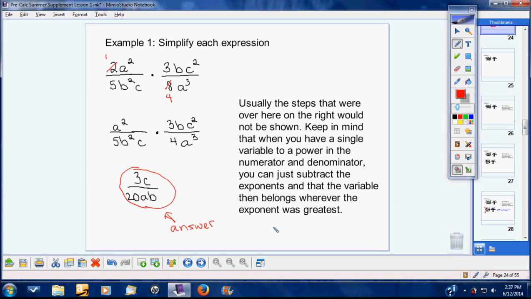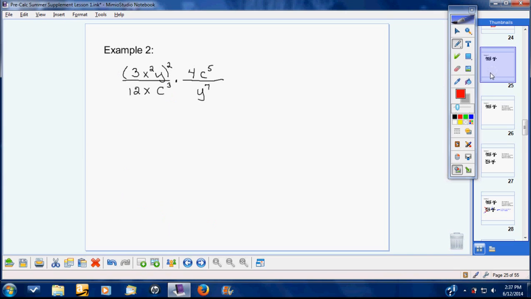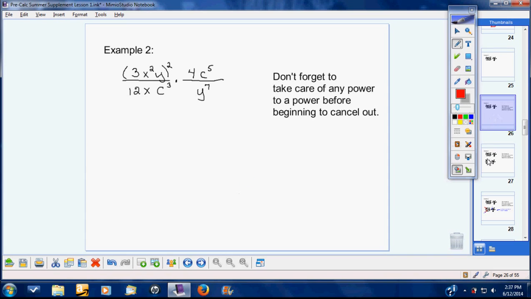And I will say that probably about 15 or 20 more times. Factors can be canceled, and we need to keep in mind that every time we cancel, we are canceling a factor. Alright, let's take a look at another example. Now, in a problem like this, you have to keep in mind we can't forget about the power to a power rule. So hopefully some of you are already ahead of me, and you are remembering that you have to